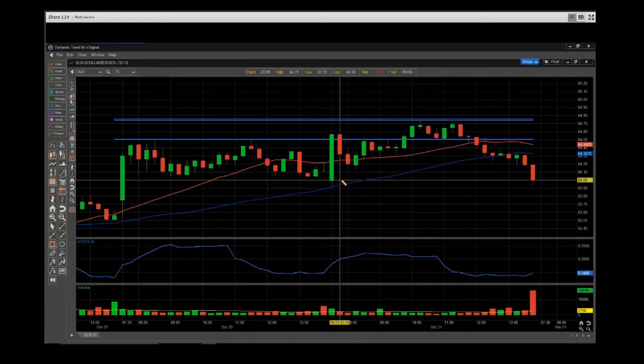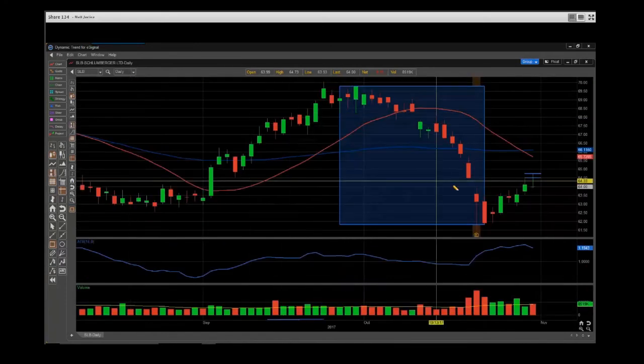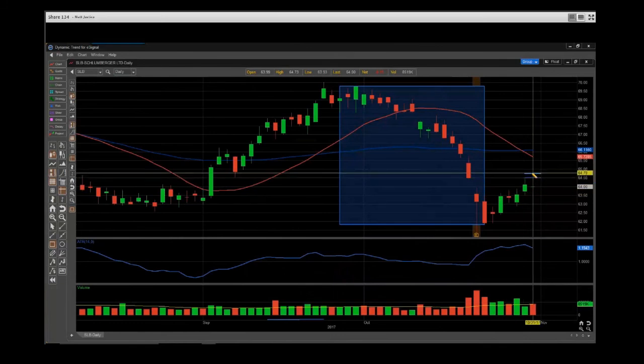Now, the rule of thumb here is, let's drop this back down into a daily chart here, ladies and gentlemen. So right here, this upper blue line, that's at 64.75. Now, the rule is 1/2 the ATR above that level. So if the ATR is $1.20, what is 1/2 of $1.20? Good job, Cindy. 60 cents. So 60 cents is always above that resistance level. That would put our resistance level at 65.25, 65.35,